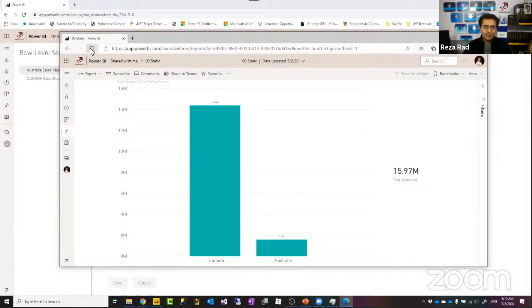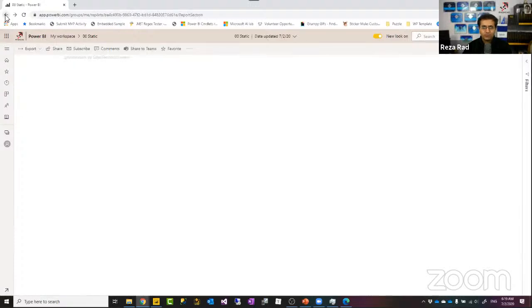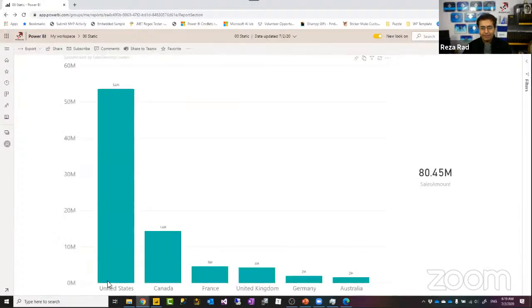Static row-level security is good for scenarios where you have only a few roles to define. In this example, I have 6 countries to define roles for, so I can define 6 roles. But imagine that after a couple of weeks, this company starts a branch in China. What should I do?